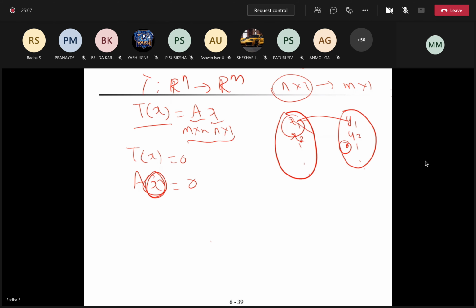Yes. See, what is the kernel of this linear transformation? T of any vector should be mapped onto 0. So T of x equal to 0. What do you mean by T of x equal to 0? Ax equal to 0, as T of x is Ax, right? Ax equal to 0 represents a homogeneous system of equations. Whenever you solve a homogeneous system of linear equations, it is nothing but the null space of A, which nullifies x, right? This you have studied already.